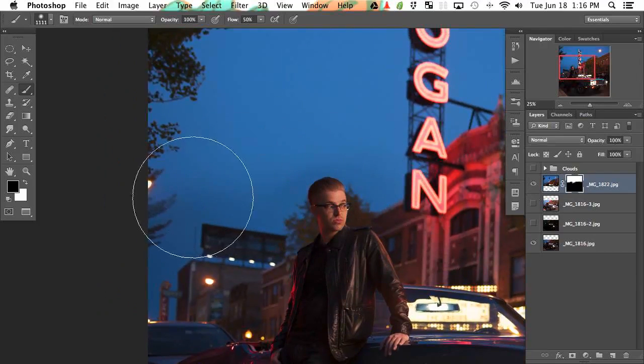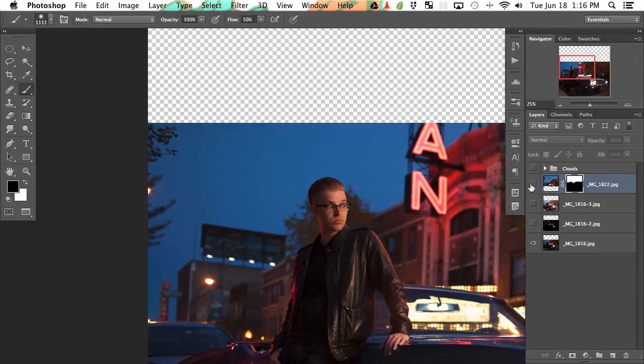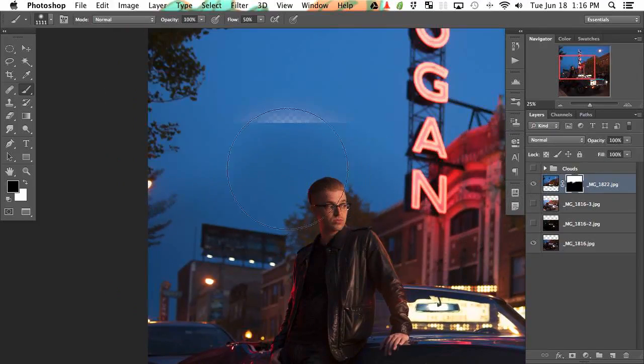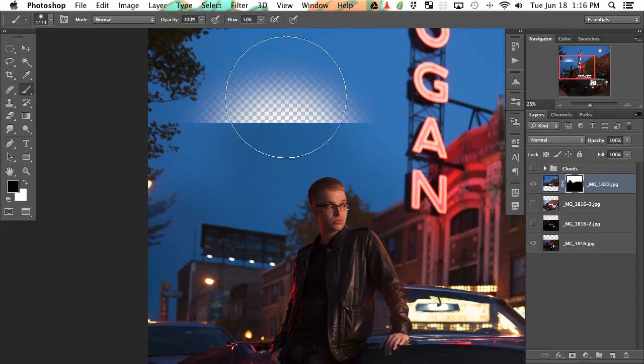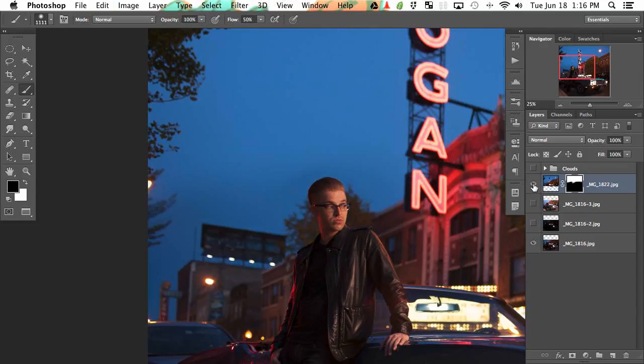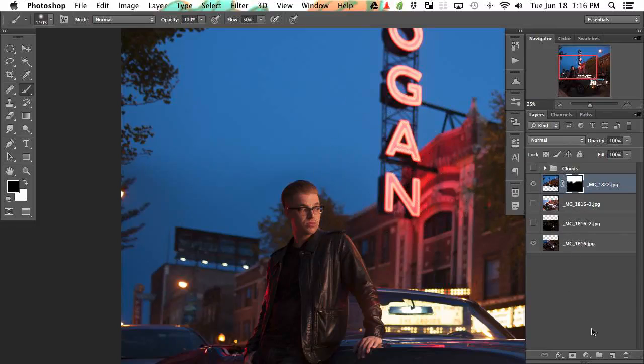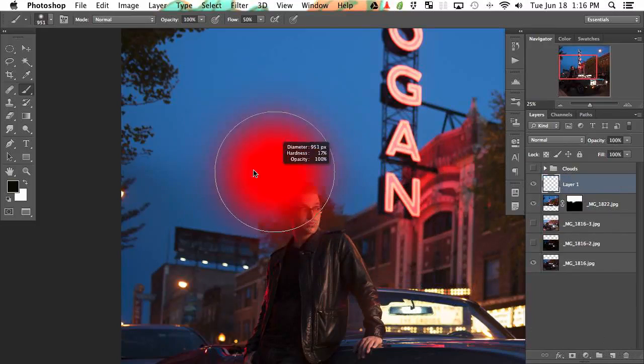So we can see it's a little bit darker there, and instead of me trying to do that with a layer mask, it's going to get kind of messy. What we're going to do instead is, let's just make sure that blends in well, I'm going to use a clipping mask to just make this area a little bit darker on our sky layer. So in case you guys are unfamiliar with clipping masks, you can go to Learn, type in